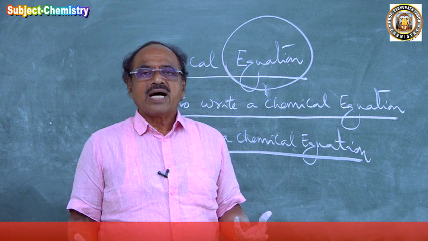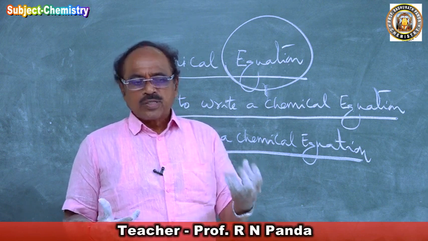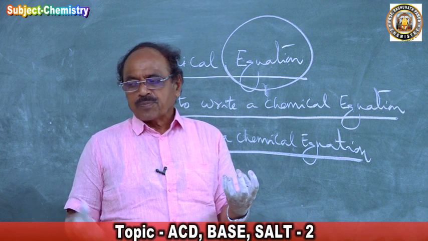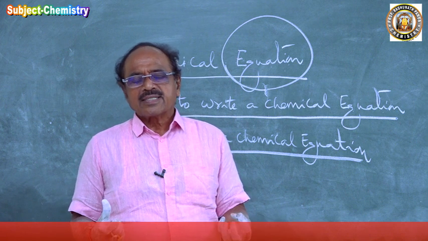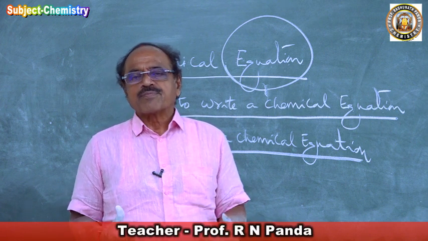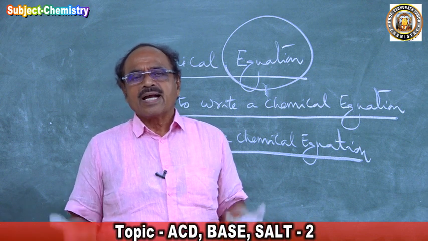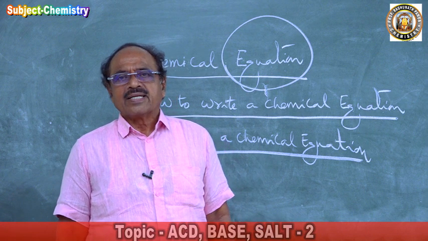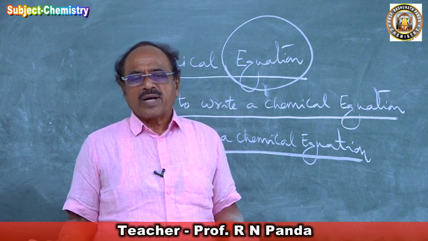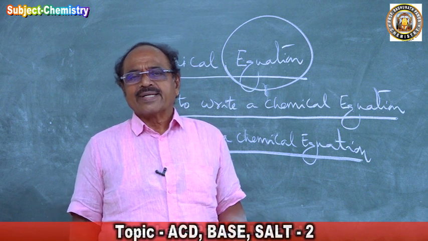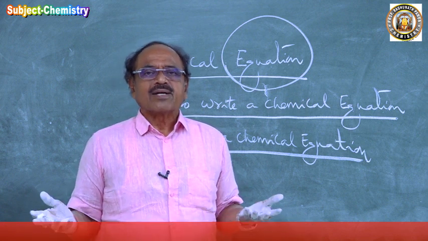Law of conservation of mass: the mass remains always constant. So when two substances react, the product produced will have the same mass. When two substances react, the number of atoms of reactants will always be equal to the number of atoms in the product. Why? The atom cannot be created or destroyed. The energy cannot be created or destroyed. The mass cannot be destroyed, and so mass remains constant. Number of atoms remain constant.